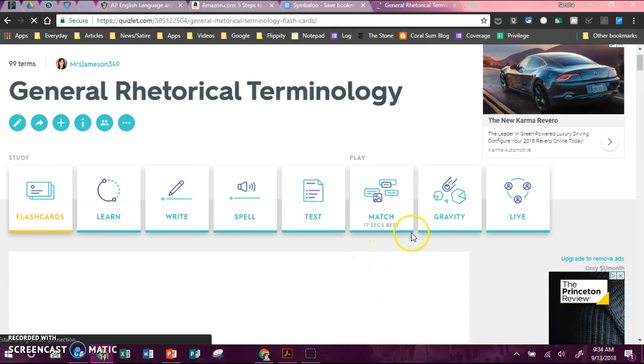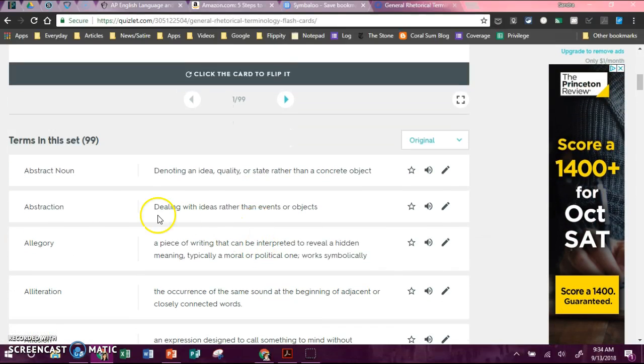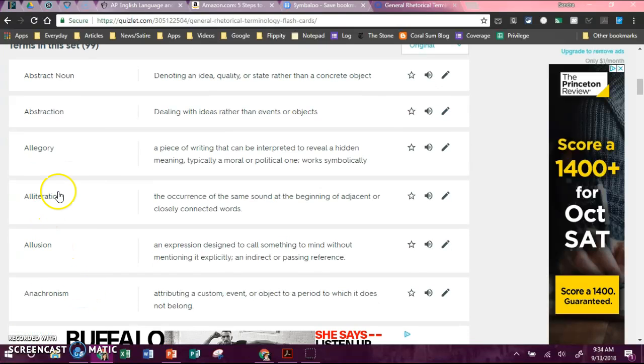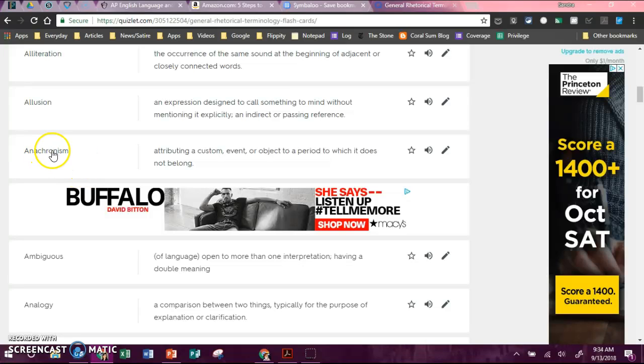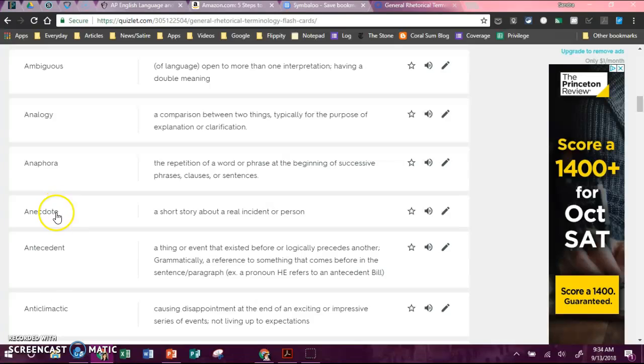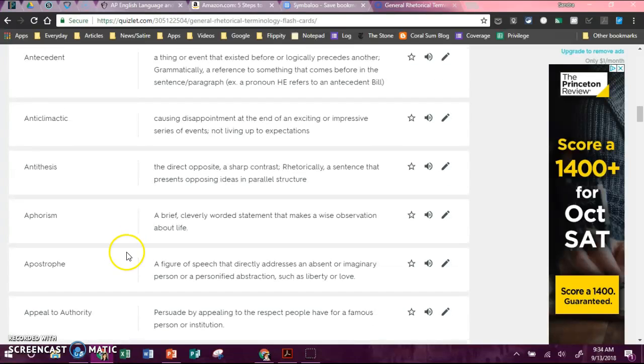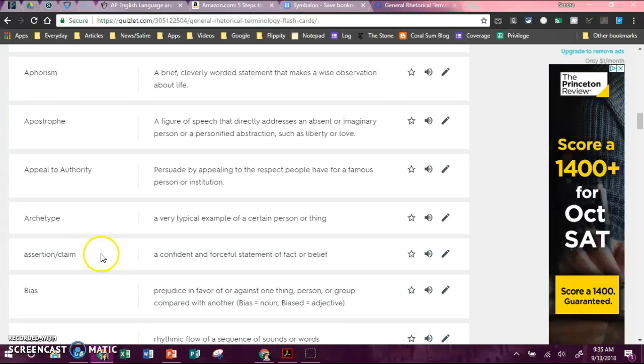I've tried to create a pretty big list of the types of terminology that you will see on the AP exam. Things like abstract noun, allegory, alliteration, obviously you know that. Some of them might be unfamiliar to you, like anachronism, things like anecdote, or a couple of them are a little bit more specialized, like anaphora, and we'll be talking about that during the course. But, you know, archetype, you know that, assertion, you know that.